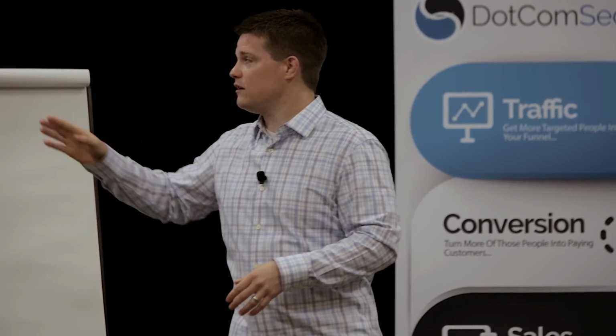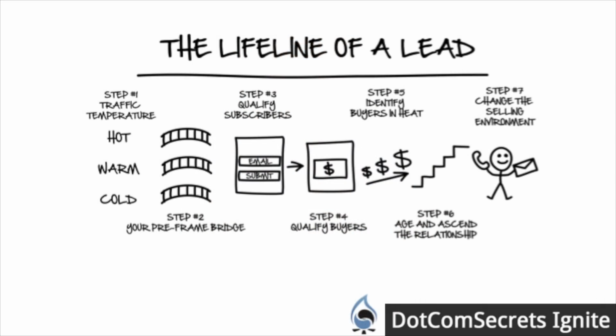Okay, so we're all talking about segments. We've got our subscriber segments, buyer and heat segments, and we're going through all these different things, right? So far, everything I've showed you guys is all point of sale. Somebody clicks on the ad, they're going through pre-frame, subscribers, buyers, and upsells. The first 5 steps are all happening in real time, point of sale right now, okay? And steps number 6 and 7 are all happening after the initial sell.